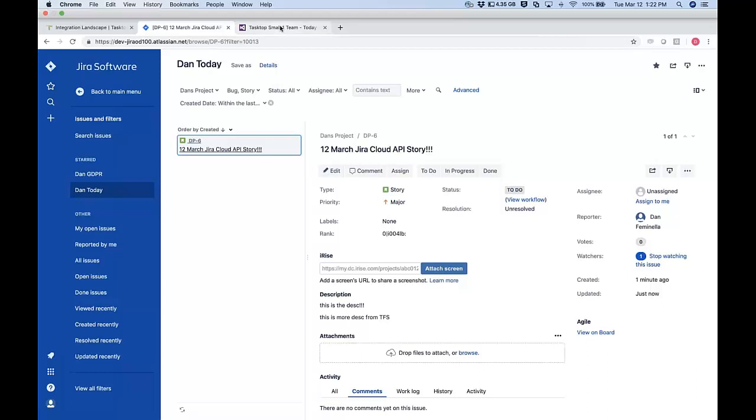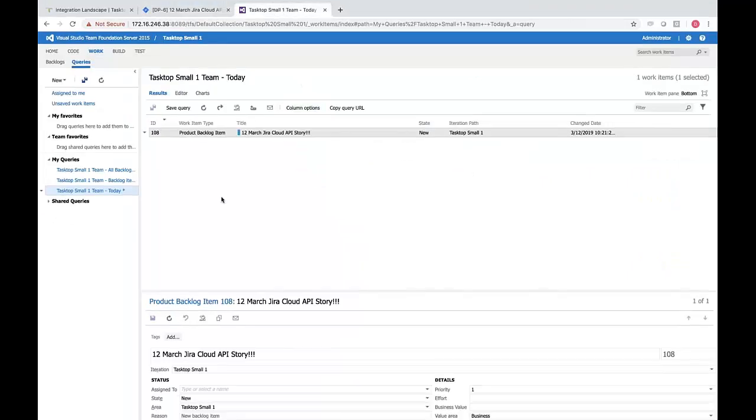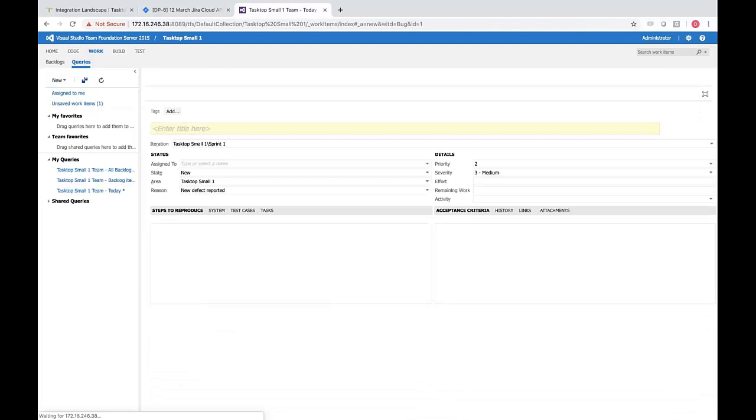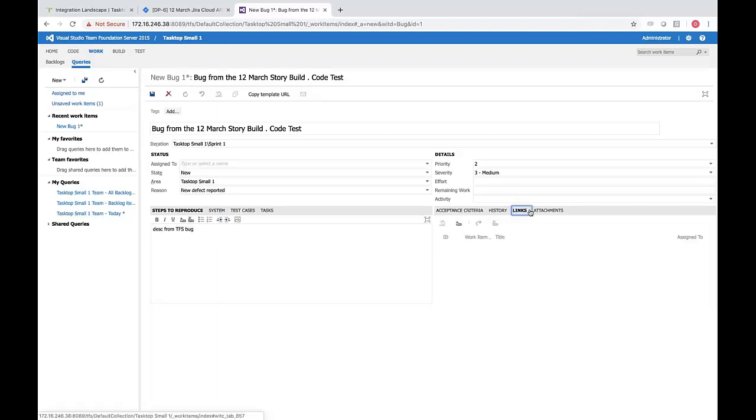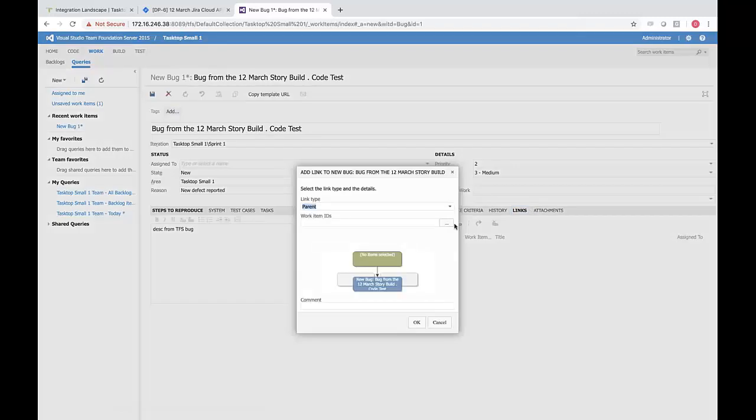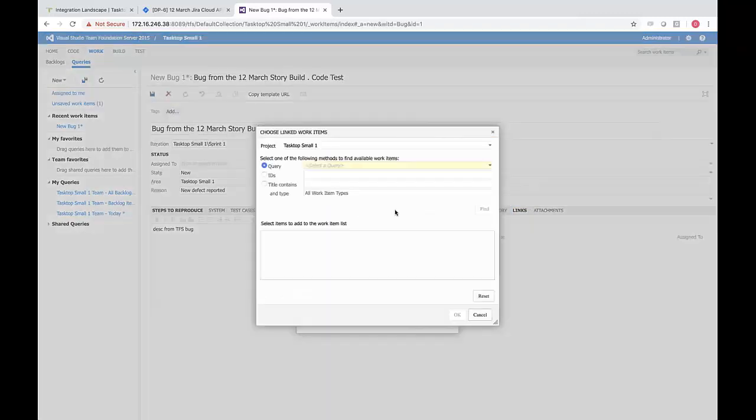So if I come back into TFS, the second part of my story was maybe I'm in TFS. I want to create a new bug here for some reason. I've created a new bug, so we're going to call this whatever, right? So I'm creating a bug here, but I want to maybe link it to that story. So you get that visual representation